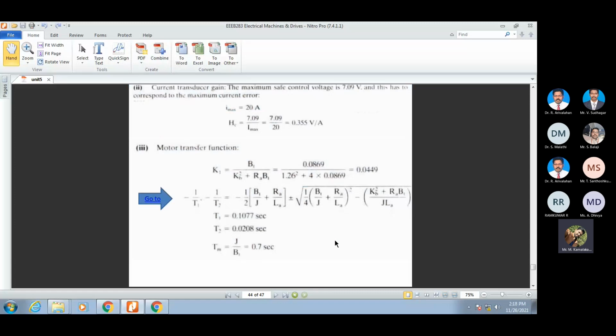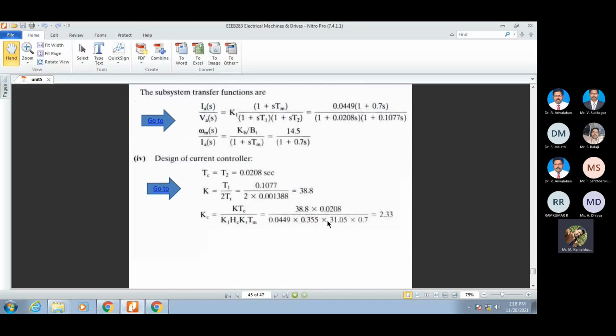We are getting the value of each and every part, the motor part and the load part and the current controller part, as well as the converter design part, everything what we have seen mathematically during the morning session for the armature voltage control. We are applying the same knowledge what we have derived in the real-time problem over here.